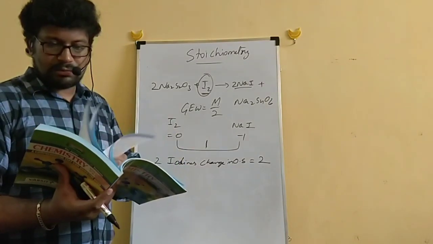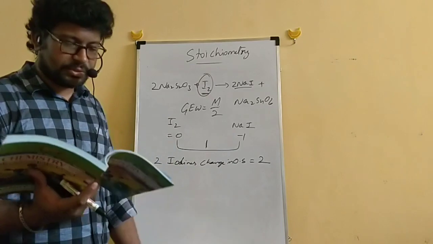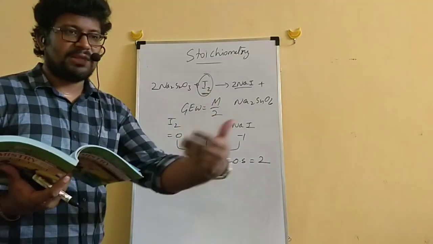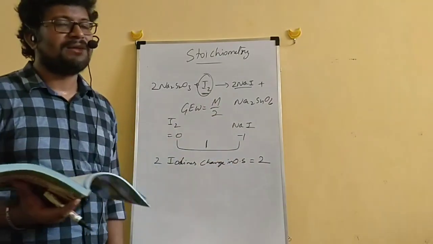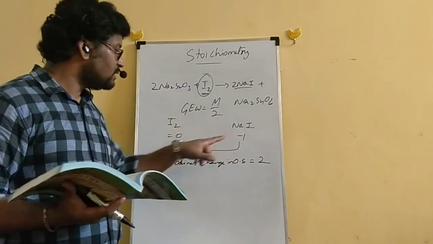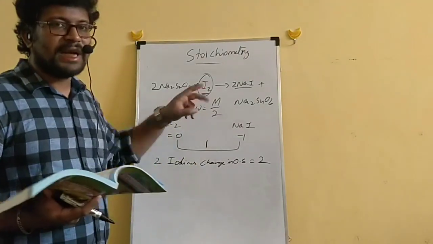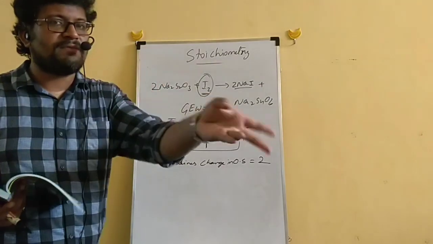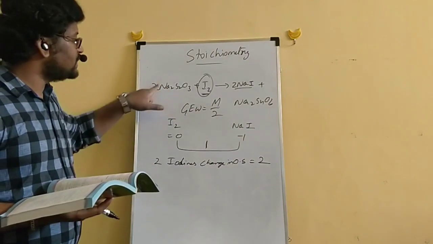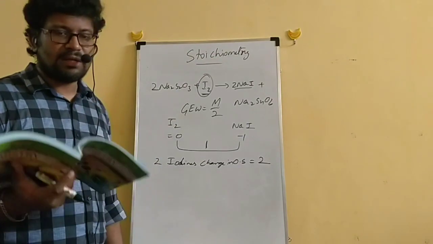That is the 47th one, second option, M by 2. What is that M? Actually they consider it as a molecule, though it is an element. M by 2, no problem. The answer is M by 2 because the change in oxidation number for 1 iodine is 1, but we have to consider 2 iodines. Why? They asked for the iodine molecule, which contains 2 iodine atoms. If they ask for hypo, 2 sulfur atoms are present in one molecule, and we considered those 2 sulfur atoms in the last question.